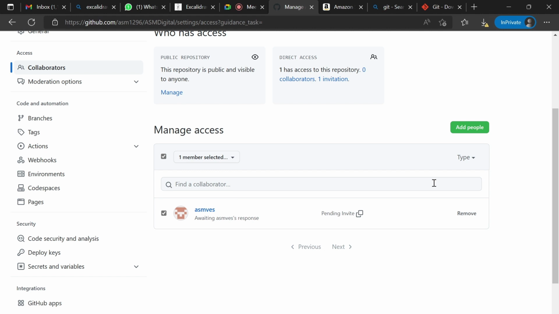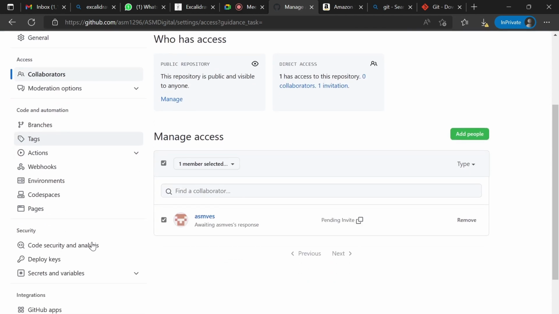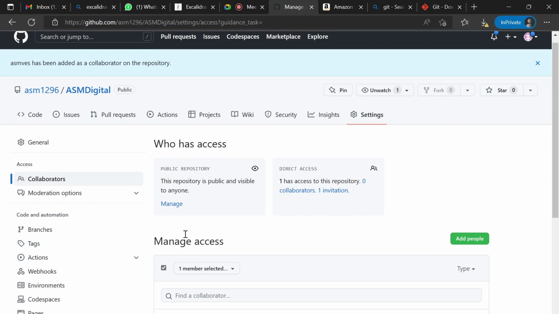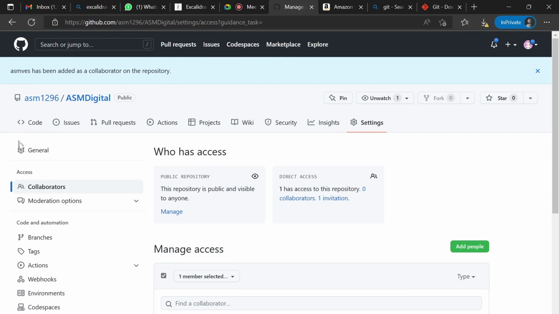We all know most of the permissions are like this only: read, write, or admin. Read permission will just let the other user read and go through my code. If I give write permission, they can edit that repository. And with admin permission, they can do the general settings in my repository too. So these are the three kinds of permissions. That we will see later.